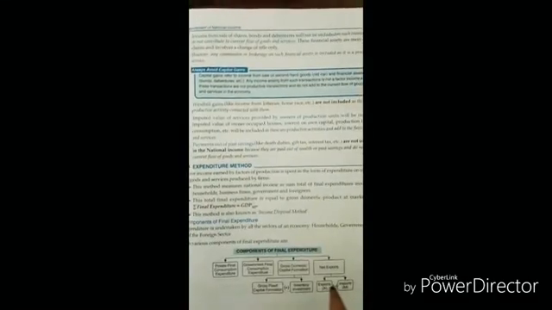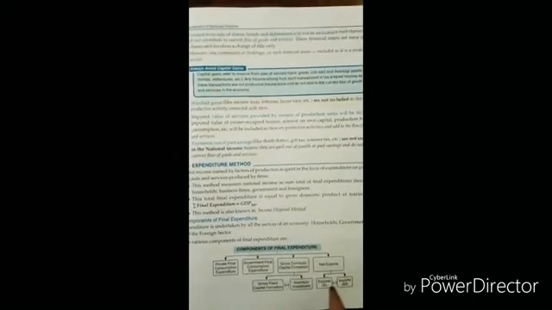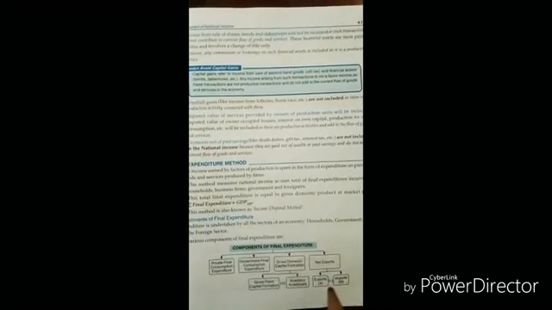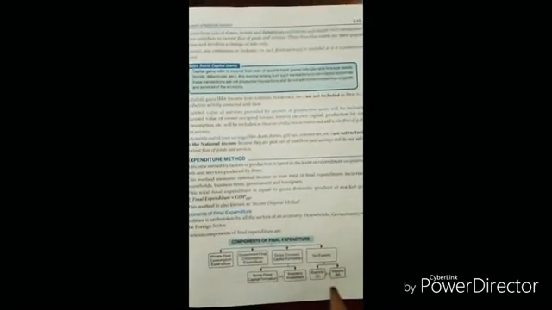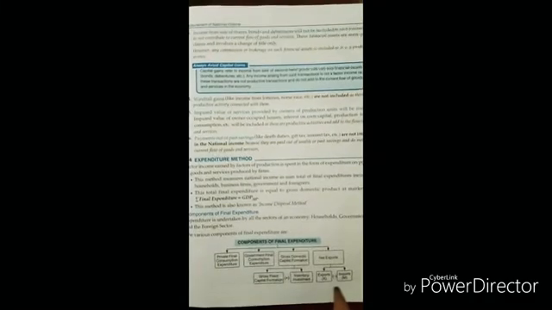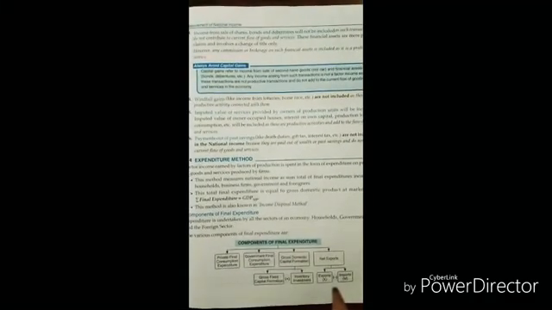Income from sale of second hand goods will not be included. Why? Because its original value has already been counted. Okay, if you add it, it will lead to double counting. We have studied the double counting concept, you remember students, in the last video. Sale of shares, bonds and debentures will not be included, as such transactions do not contribute to the current flow of goods and services. They do not lead to any flow of goods and services, so these are not to be included. Okay, but if there is any commission or brokerage on such financial assets, it is a productive service, hence it will be included.